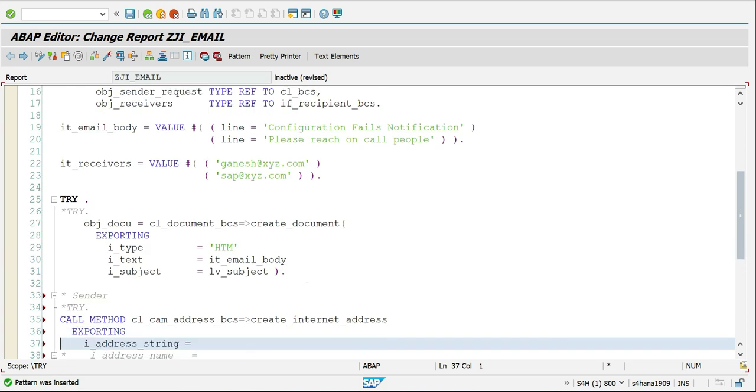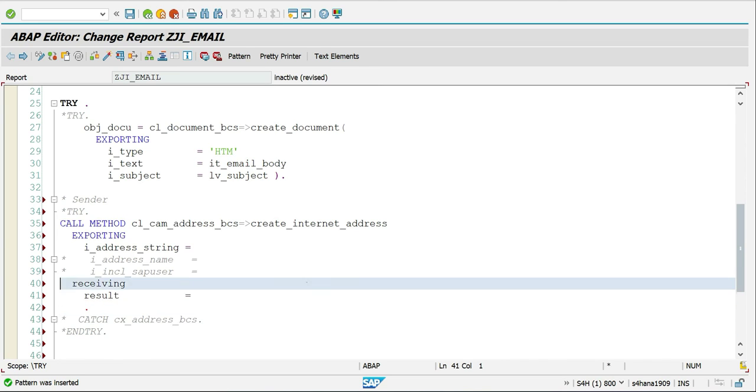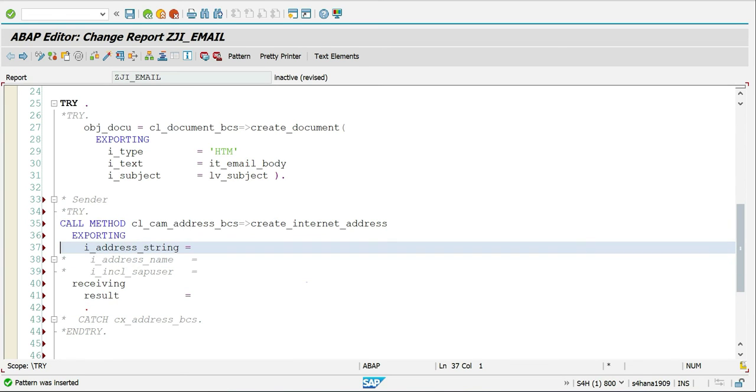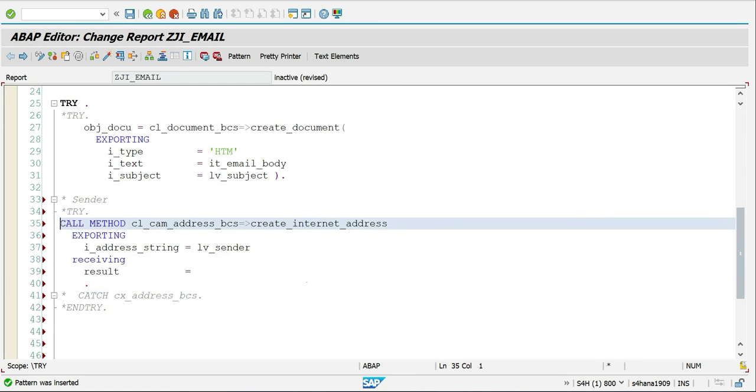Okay, so the input parameter is the sender information we have to pass. So this is only one, like an address string we have to pass. So here I can say lv_sender. I don't want address and everything. So this is a receiving result. So again, the receiving result is going to be captured here. Sender equals